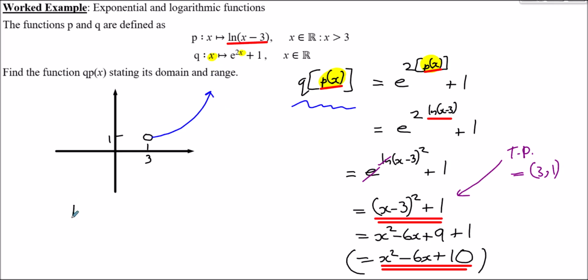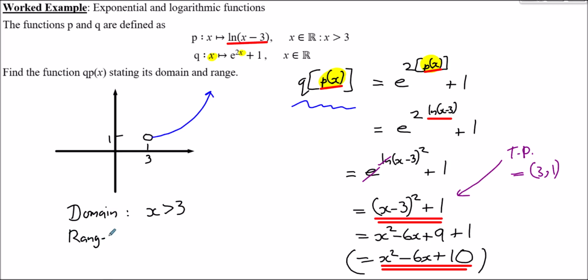So the domain is restricted from the off because the domain of p was restricted to x being greater than 3, and so that also feeds into the restriction on q as well. If x is only greater than 3 going in, it means that we can only have x being greater than 3, assuming it makes no problem for q, which it doesn't. So the domain is, again, x needs to be greater than 3,